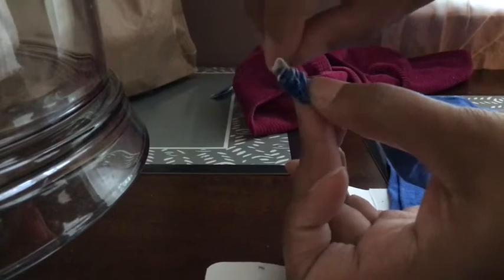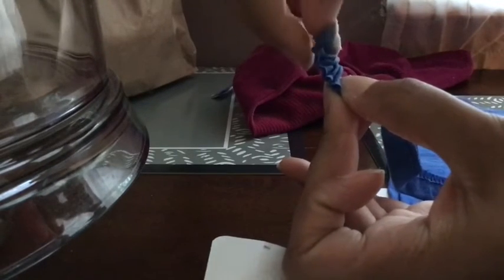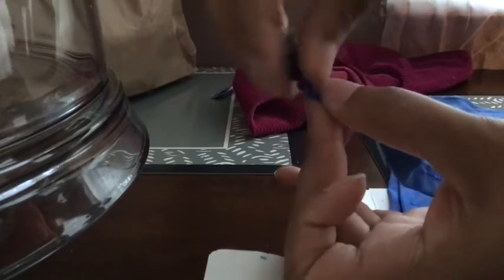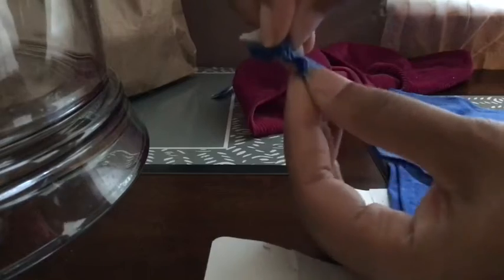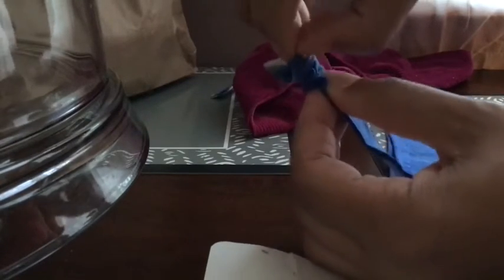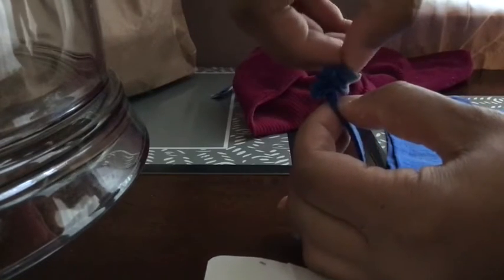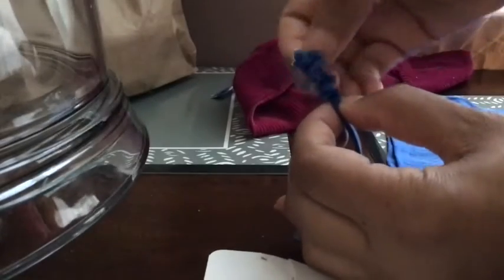But right here needs a little help, so I'm just going to pull it up and over the fabric, and then we're going to continue to put it through. It gets a little easier once you get past a certain point. I ripped the thread right there, so be careful when you're turning it around. Once I turn it around,